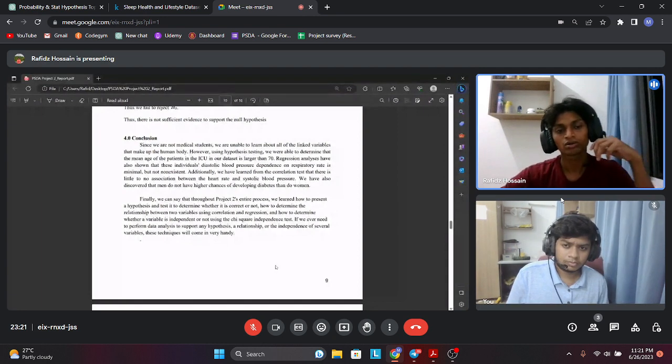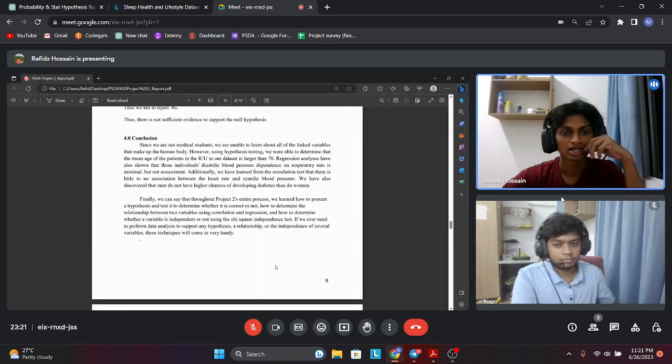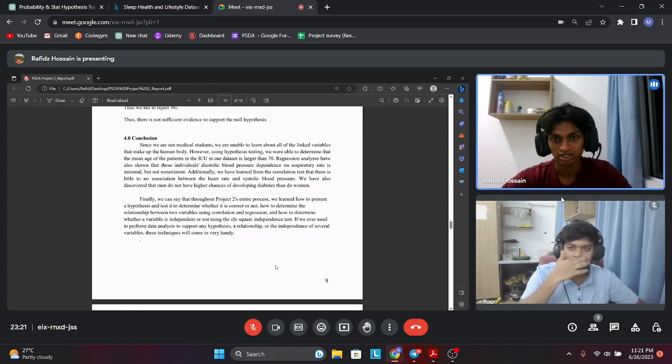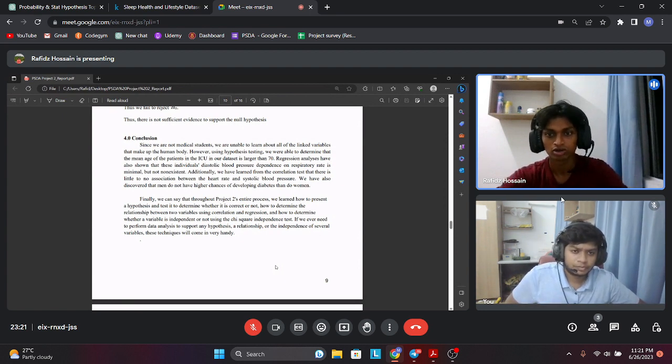In conclusion, we can say that since we are not medical students, we are unable to learn about all the linked variables that make up the human body. However, using hypothesis testing, we are able to determine that the mean age of the patients in the ICU in our dataset is larger than 70. Regression analysis has also shown that the diastolic blood pressure dependence on respiratory rate is minimal